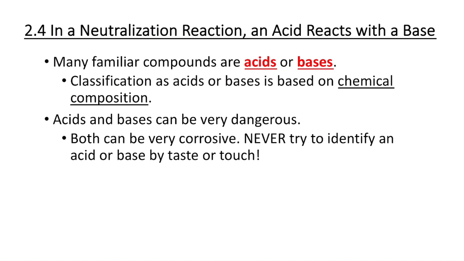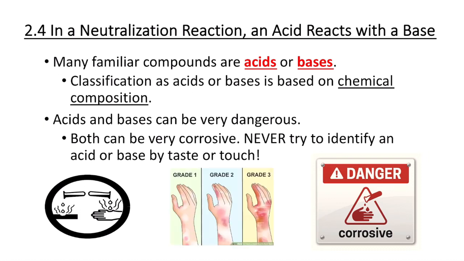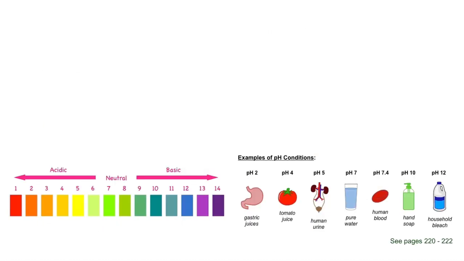Even though some of the identifying factors are kind of by touch, we do not want to touch acids or bases. Okay, so this is the symbol for corrosive, danger corrosive, with images that show different effects of corrosive as well as the WHMIS symbols. Okay, so here are some examples of the pH scale, which goes from 1 to 14,